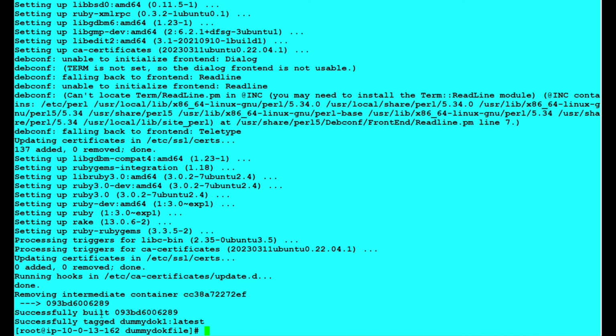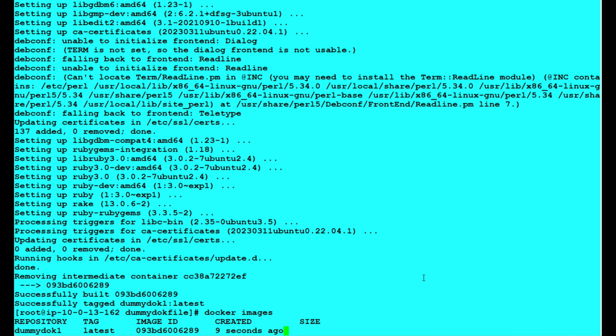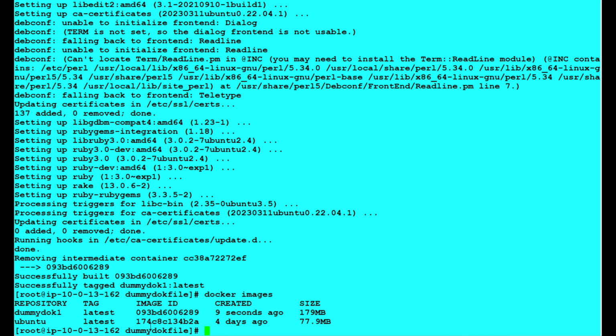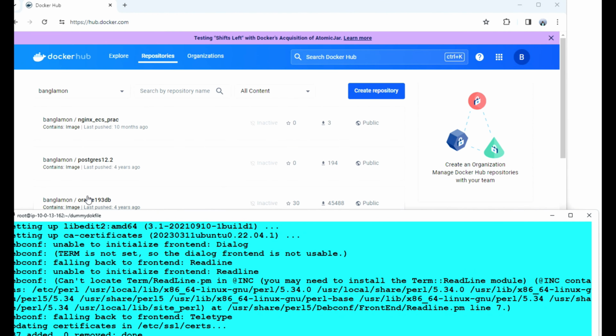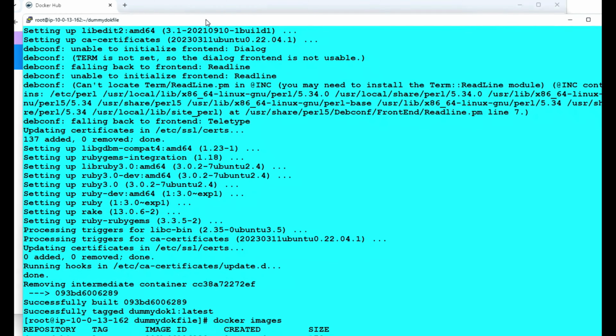We can see it says successfully built. If we type docker images, you can see this is the one that I have created. If I would like to give a name, like for me, my user ID slash that name, so